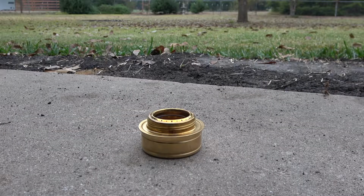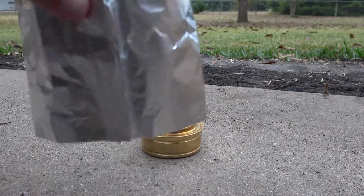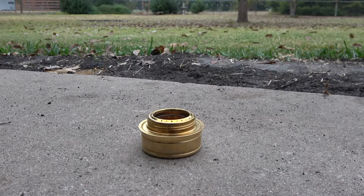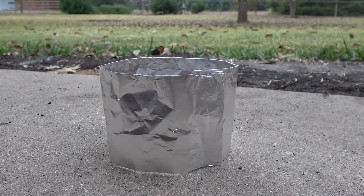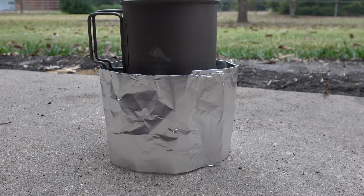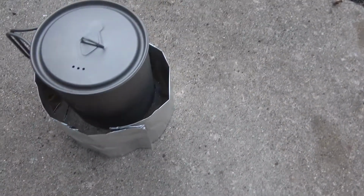I'm going to use this titanium stove I got, plus an aluminum foil windscreen that I just whipped up. So here we go. Also for this test, I will keep the lid on for the length of the test. Okay, so there's 1 minute. Windscreen. And pop. Alright, we're at 10.5 minutes, which means this has been on the fire for